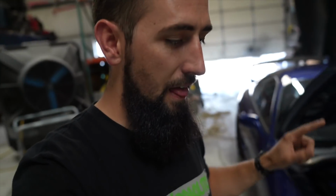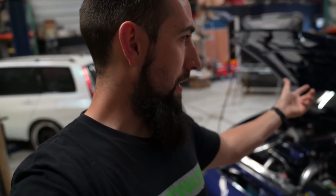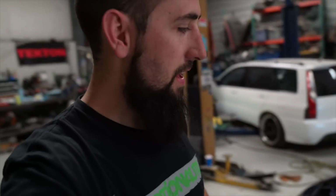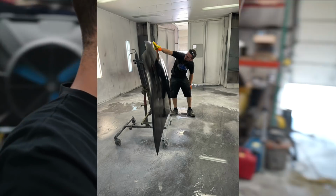Called Eric at DNS Paint, ordered some paint, and basically on Friday morning, yesterday, I came to the shop and they called me and said, hey, your hood's here. I stopped by DNS. He said, hey, your paint's done. Grabbed the paint, cleaned the paint gun, got some new clear, and came back to the shop. We scuffed the hood, got it all prepped, rolled it over to the paint booth, and painted the hood. And then this morning,